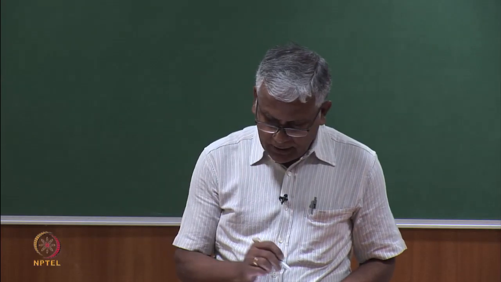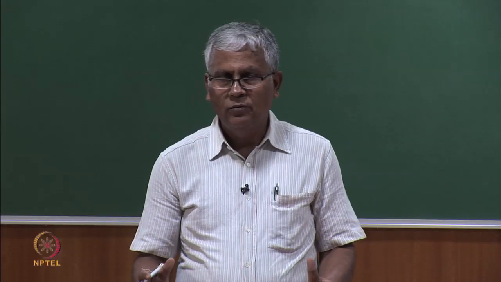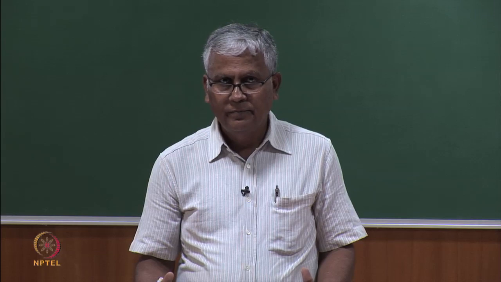So, we know the denier value of the fiber and we know the length of the fiber. When 3 is the denier value of the fiber, that means 9000 meter of fiber weighs 3 gram,